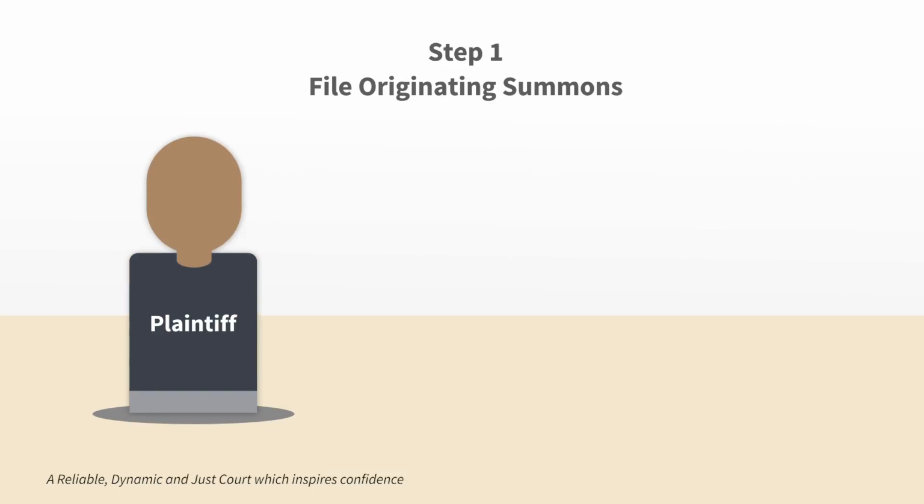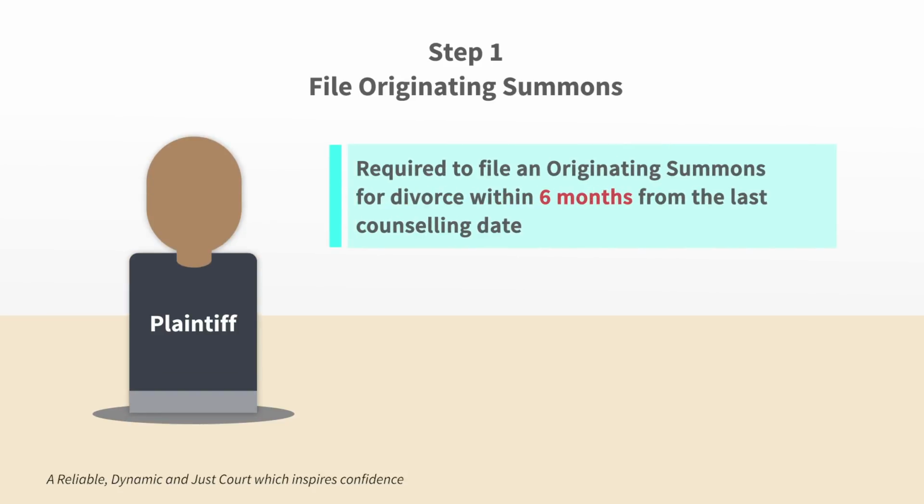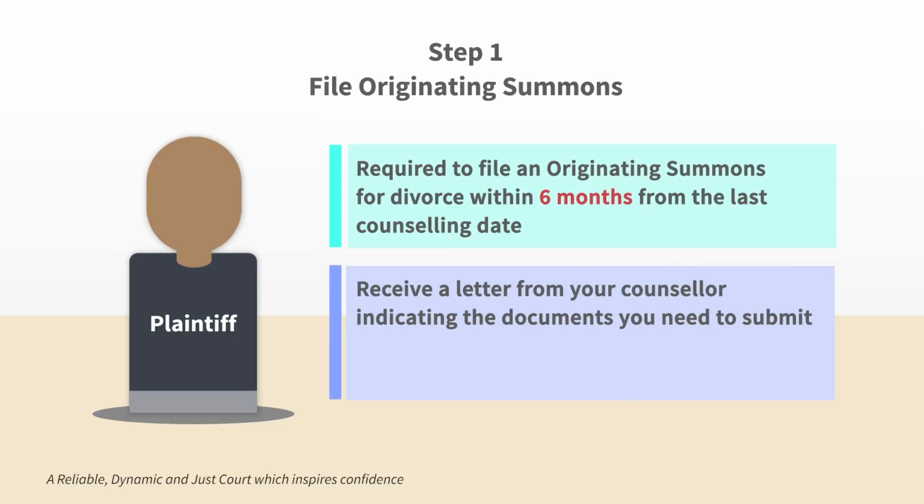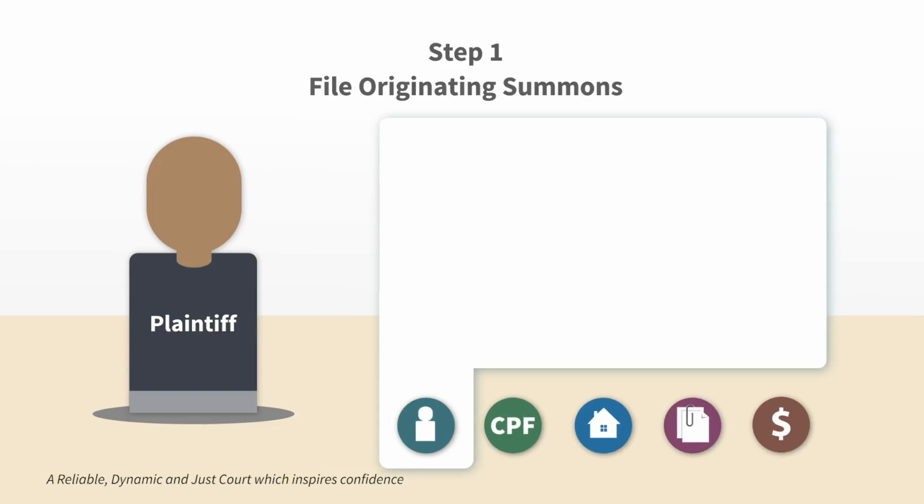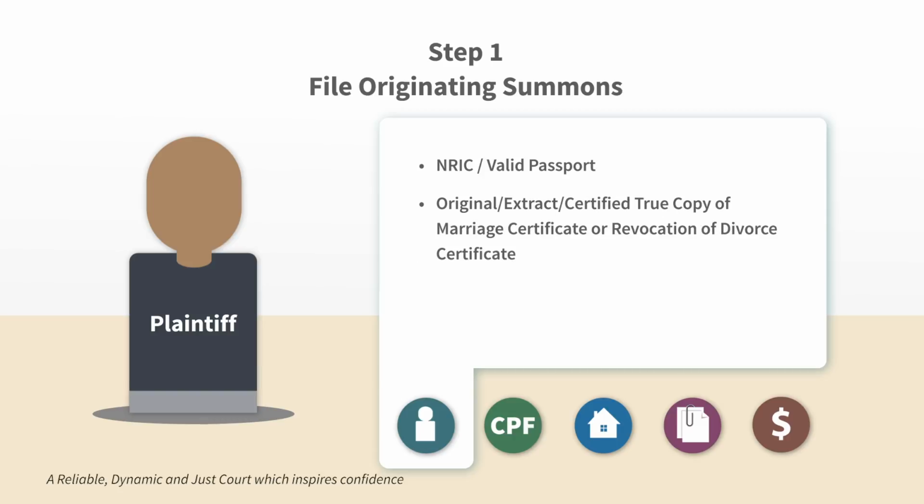As the plaintiff, you are required to file an originating summons within 6 months from the last counseling date. You will receive a letter from a counselor indicating the documents you need to submit to the Sharia court, whether in person or through your lawyer when filing the originating summons. They are identity card or valid passport, original or extract copy or certified true copy of marriage certificate or revocation of divorce certificate, children's original birth certificates,